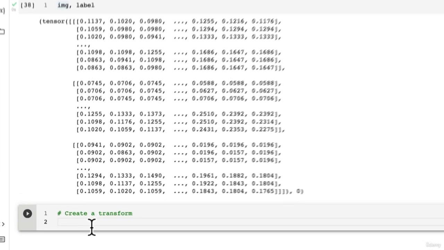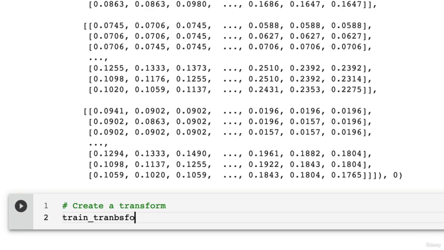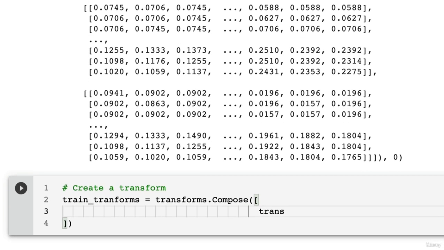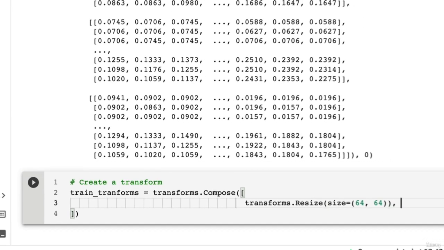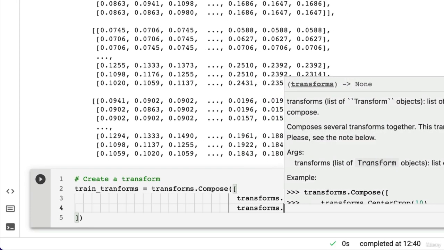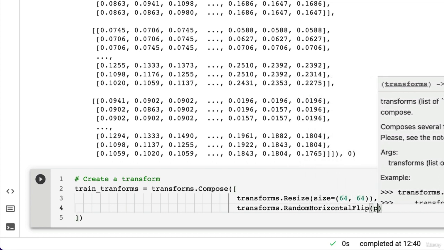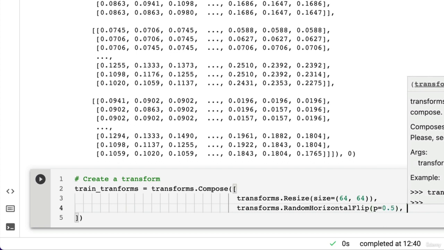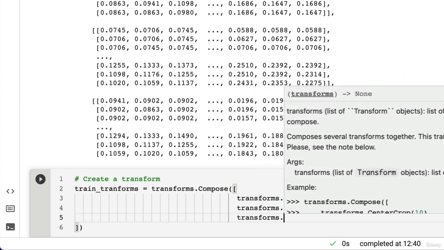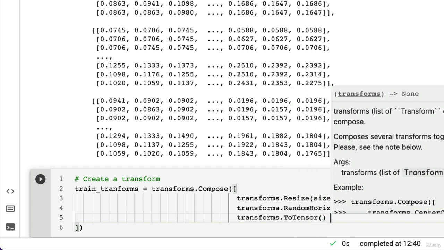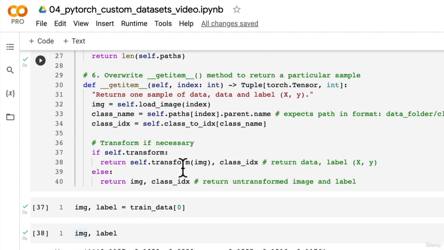because that's the whole goal of importing data into PyTorch. So let's set up a train transforms compose. We're going to set it equal to transforms.Compose, and I'm going to pass in a list here. We're going to resize it to 64x64. Whatever the image size, we'll reduce it down to 64x64. Then we're going to go transforms.RandomHorizontalFlip. We don't need to necessarily flip them, but we're going to do it anyway just to see if it works. And then let's put in here transforms.ToTensor,